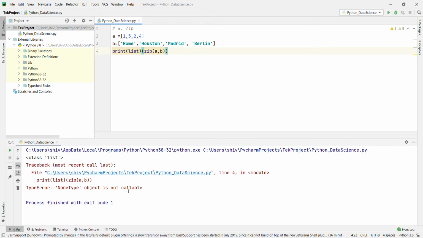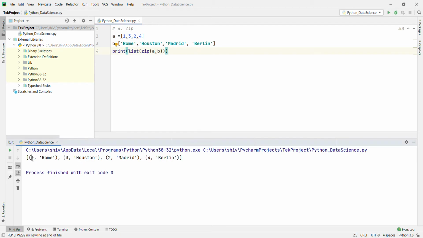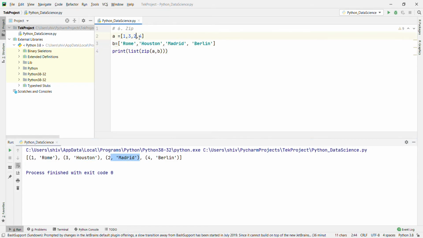Let's run and see. NoneType object is not okay. Let's run once again. Yeah, okay. 1 with Rome, 3 with Austin, 2 with Madrid, and 4 with Berlin.